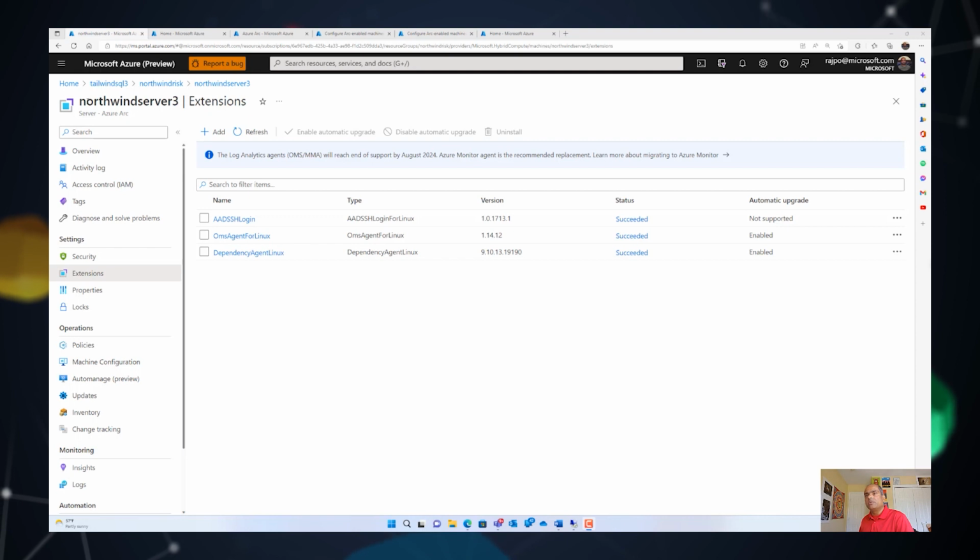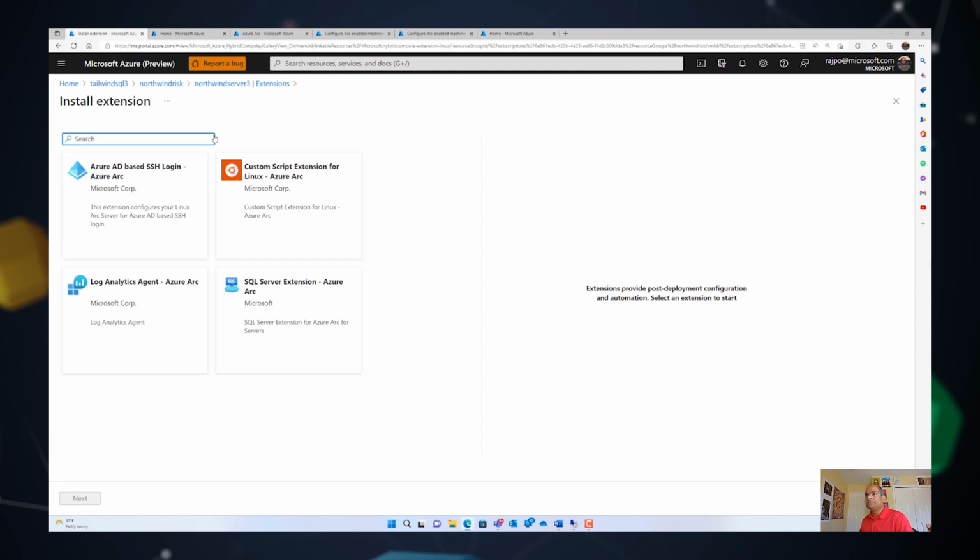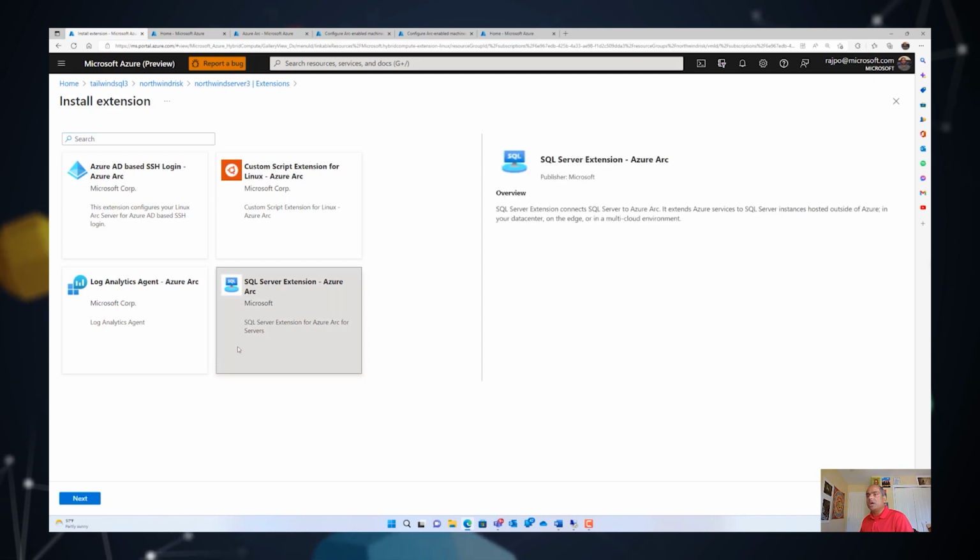And I know that the SQL Server is installed on this particular server. In order to onboard the SQL Server, all you need to do is go to the Northwind Server 3 Arc server resource, which I am doing here, and then go to the extensions tab. In the extensions tab, you will see the different extensions that are already installed on the Arc server. All you need to do is click on the add button here, and then it will list out the extensions that are available, and you need to select the SQL Server extension for Azure Arc and go to